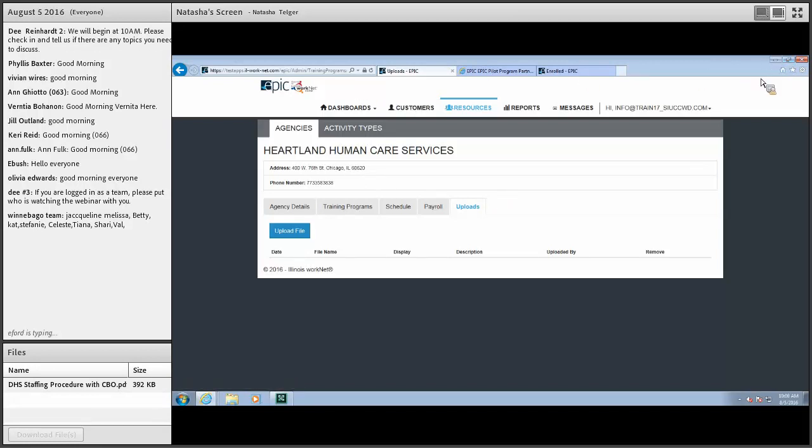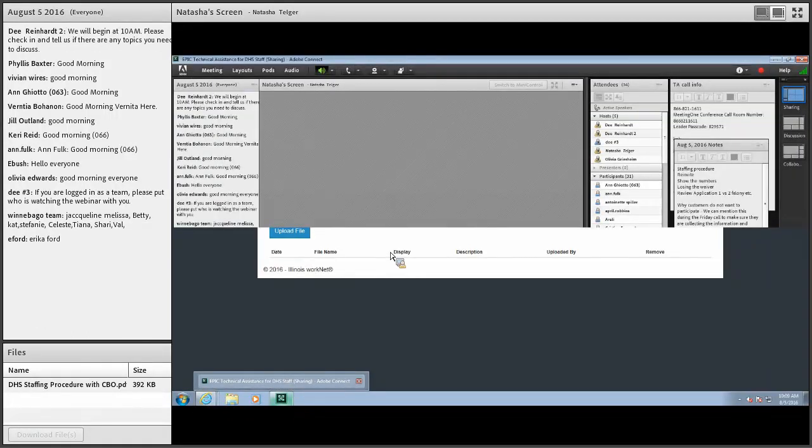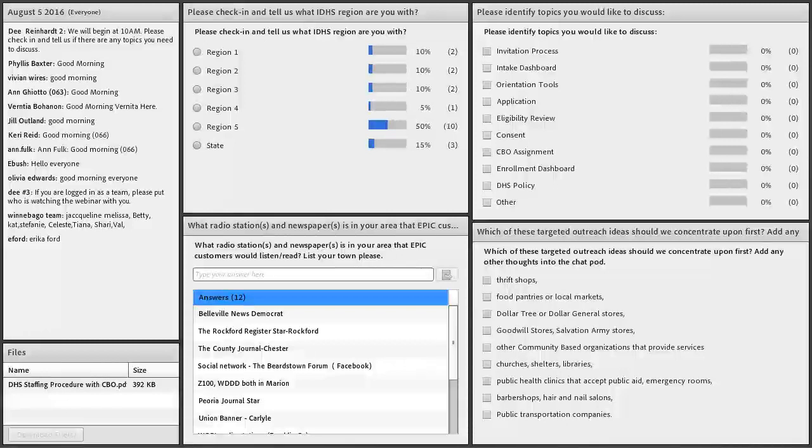Then we can talk about some of the other items, but I'll go ahead and stop sharing my screen just so that if Olivia wants to share her screen, she can do that, or Dee can. Dee or Olivia, is there anything that you want to say on those topics before we move on to a different topic? No, but I think I want to know if everybody likes to look at that progress page,